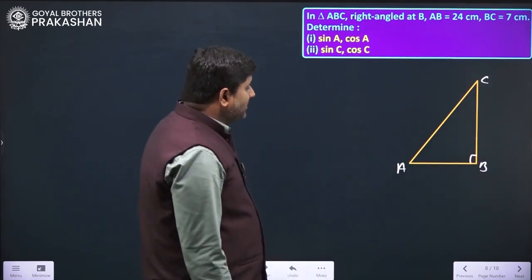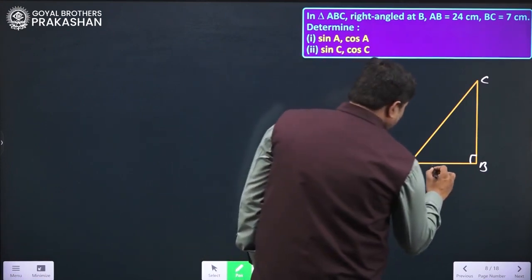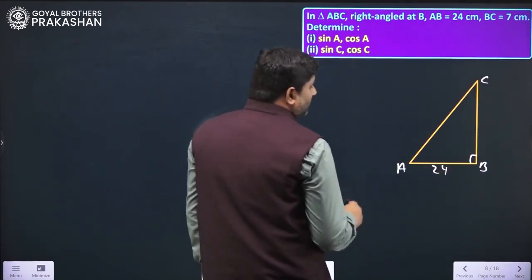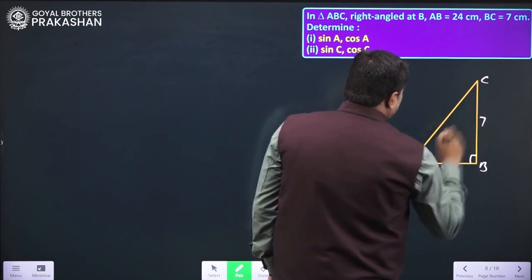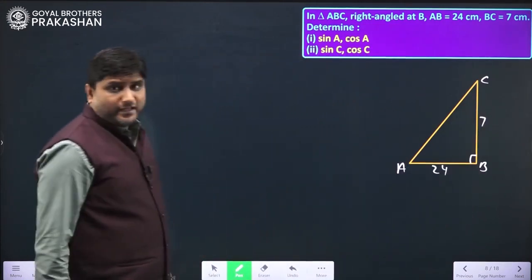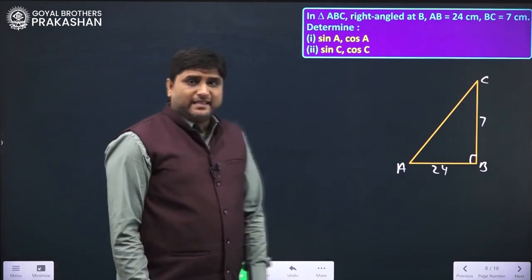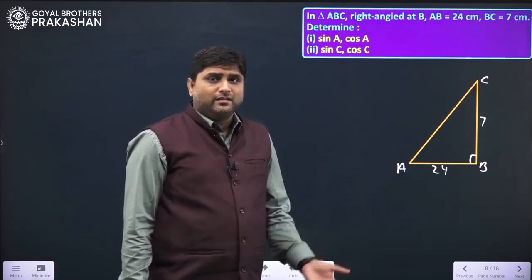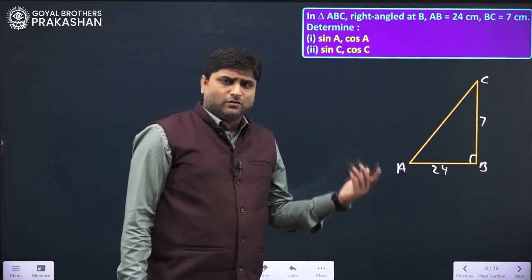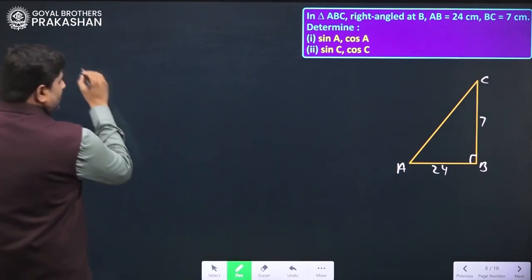It is given AB is equal to 24 centimeters, so in place of AB we can write 24. BC is equal to 7 centimeters, so in place of BC we can write 7. Now we have to determine AC because it will be required to get sin A or cos A, sin C or cos C. So by Pythagoras theorem,